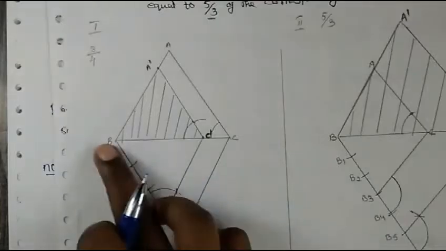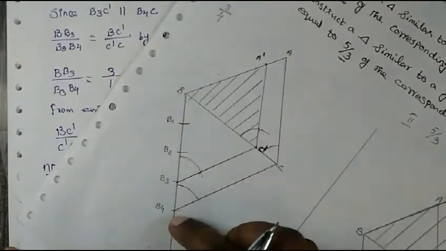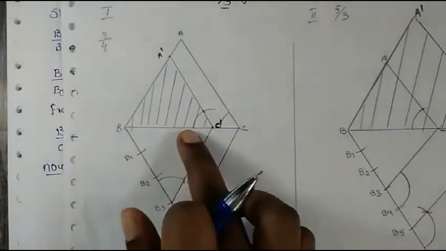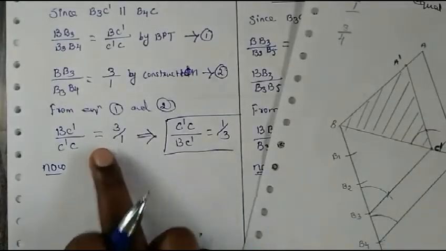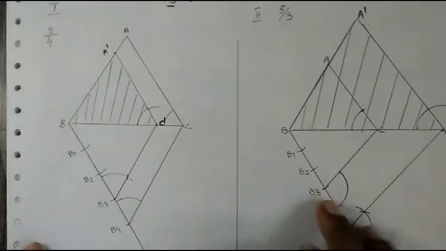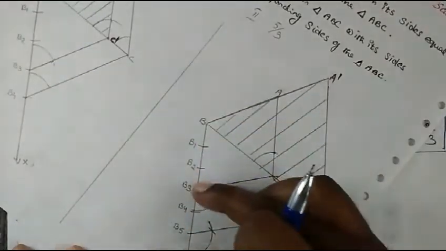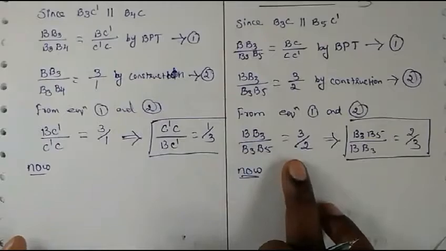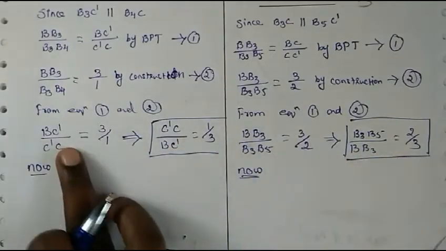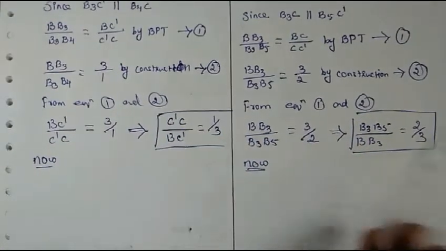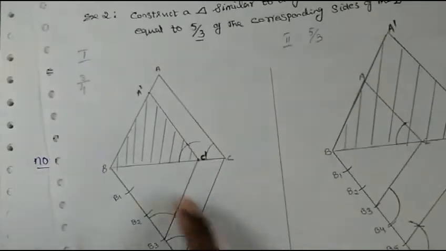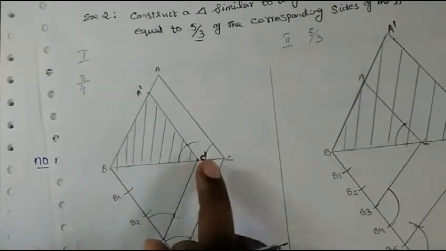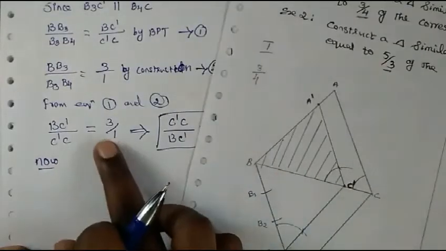So that means this part, if this is 3 upon 1, then this also will be 3 upon 1. So that's what we have written here. So same way here also, if this is 3 upon 2, then this also will be 3 upon 2. So that's what we have written here. This is a reciprocal we have written. Okay. So this is what we have written. But what we have to prove is, we are not supposed to prove this is 3 upon 1. No. This is not what we have to prove.